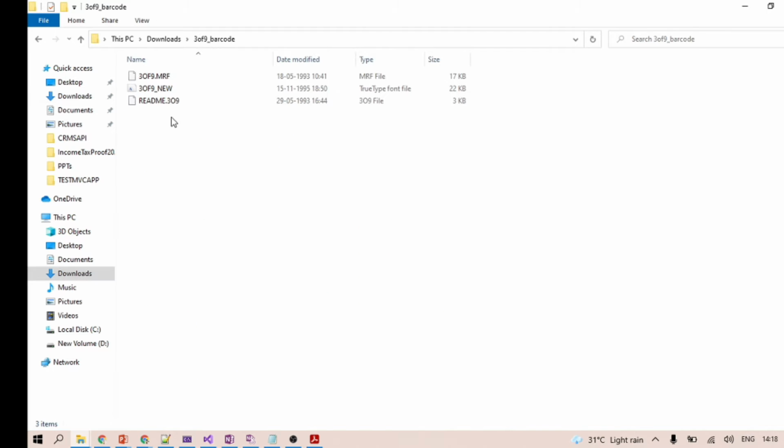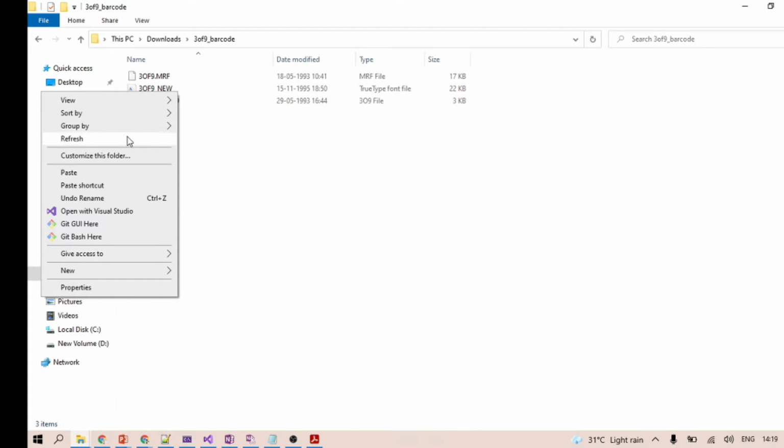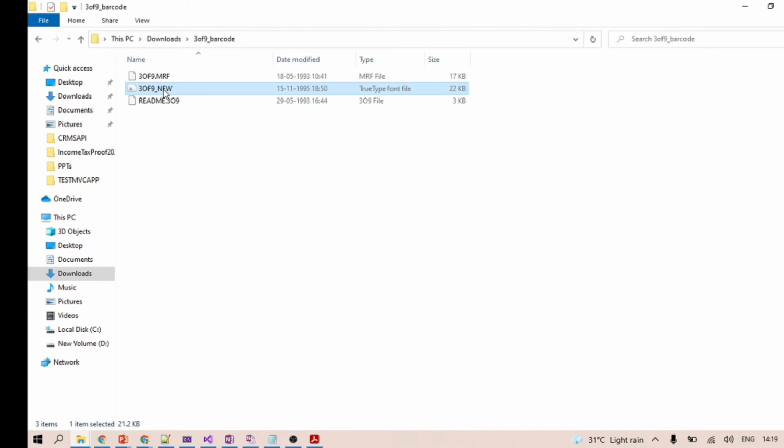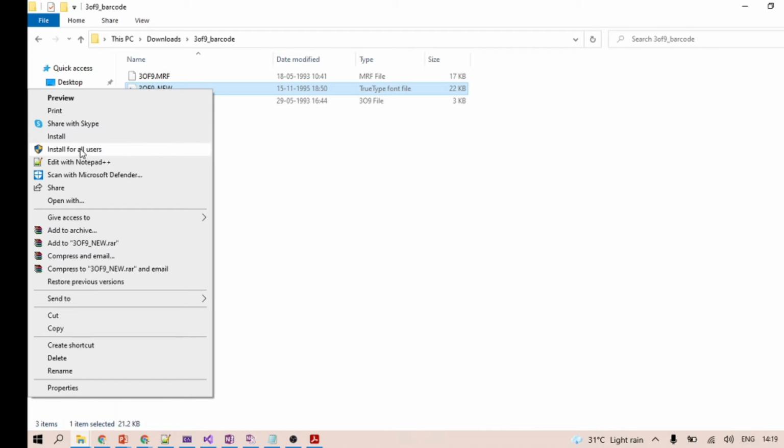Then click on this font file, right click, and you will get the install option: install for all users or install for you only. Just install it. It will take a fraction of a second to be installed. It will not ask anything; just one progress bar will get filled and it will get installed on your PC.